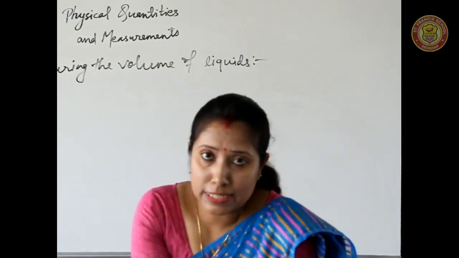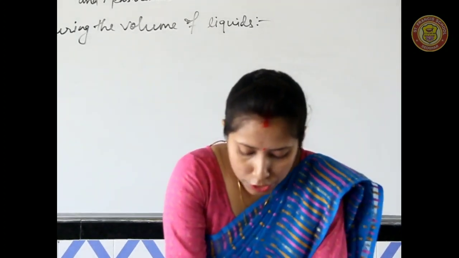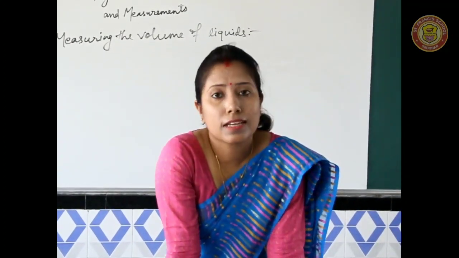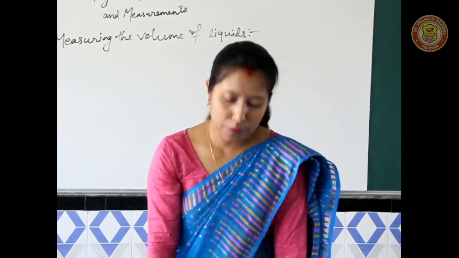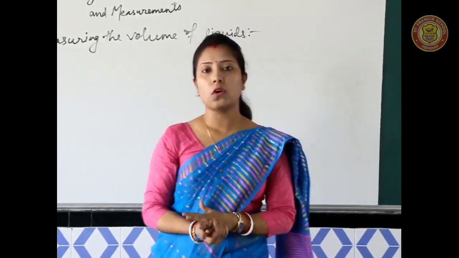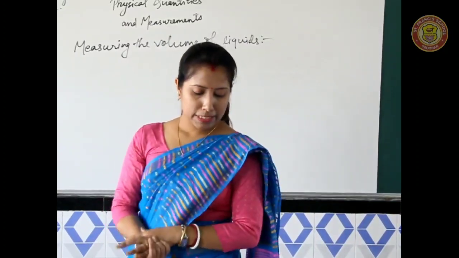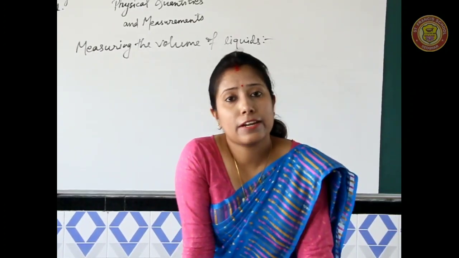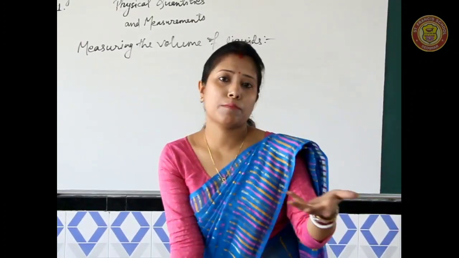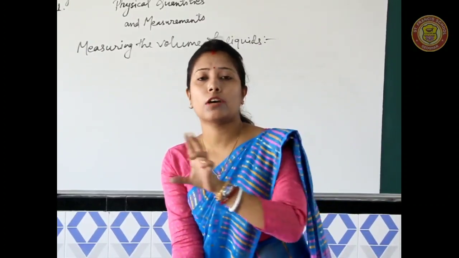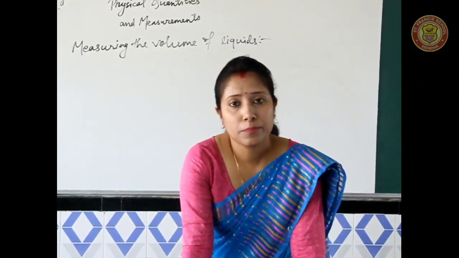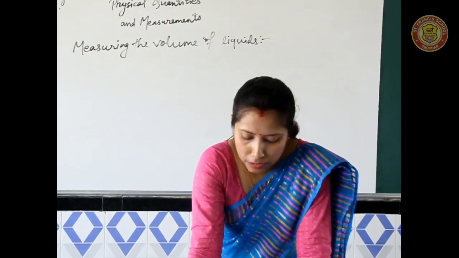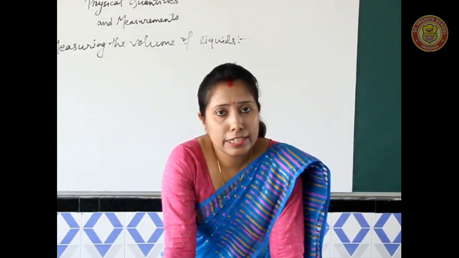What do you understand by capacity? The maximum volume of a liquid that a container can hold is known as its capacity. And the capacity has the same unit as that of the volume because liquids take the shape of the container. So whatever is the capacity of that particular container, its unit will be the same as the unit of the volume. The volume of a liquid is generally measured in liters.